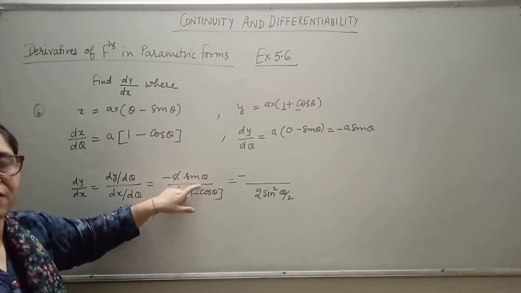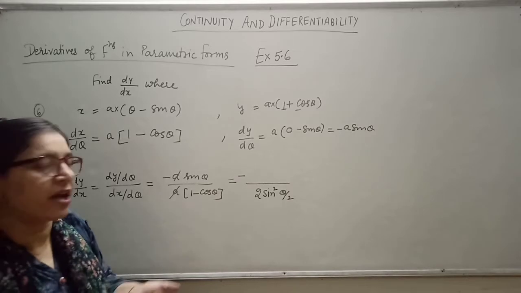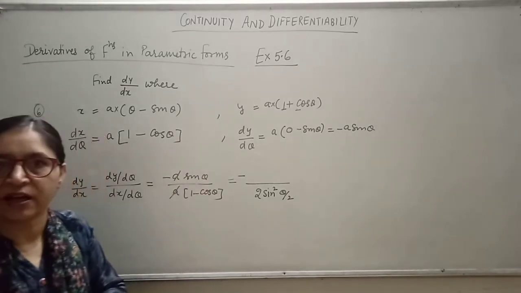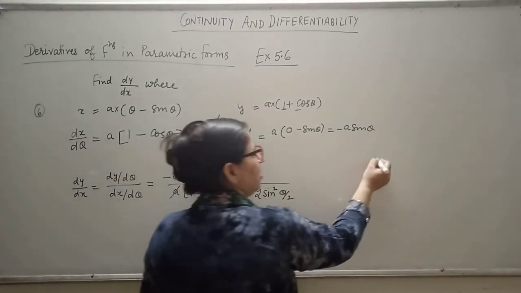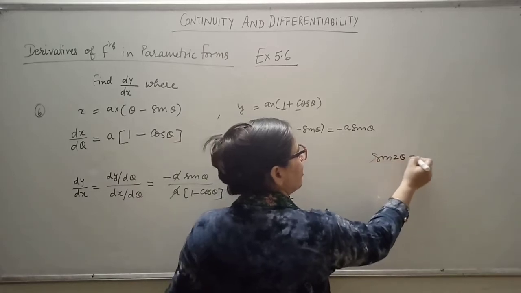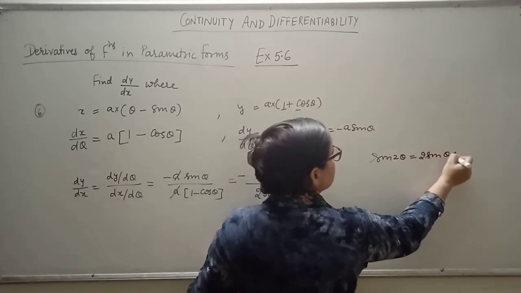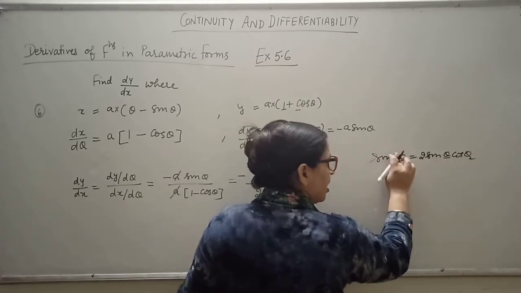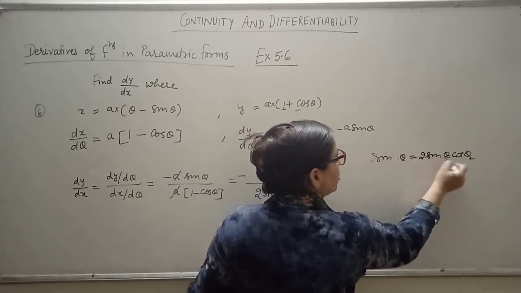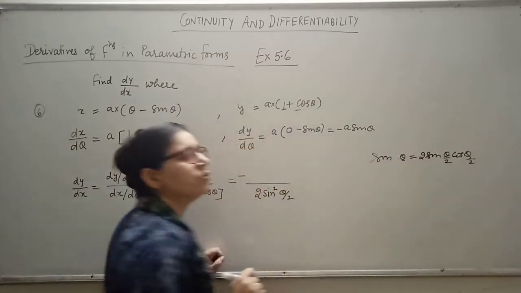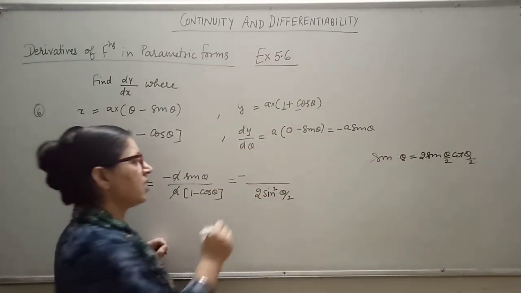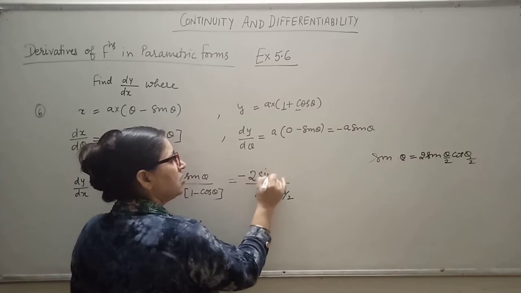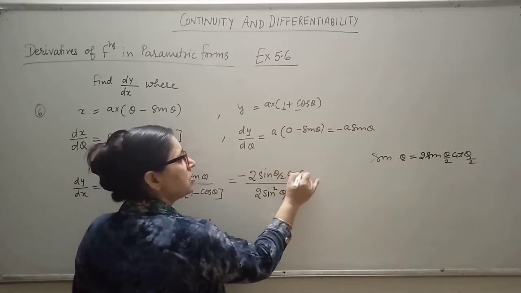साइन एंगल, साइन फंक्शन में कौन सी ऐसी आइडेंटिटी है जिससे कि एंगल हाफ हो जाता है? You know it very well, that is sin 2θ = 2 sin θ cos θ, है ना. ये देखो 2θ है तो एंगल हाफ होके θ आ गया. अगर यहाँ पर θ होगा तो ये θ/2 हो जाएगा. तो sin θ की जगह क्या आ जाएगा, 2 sin θ/2 cos θ/2.